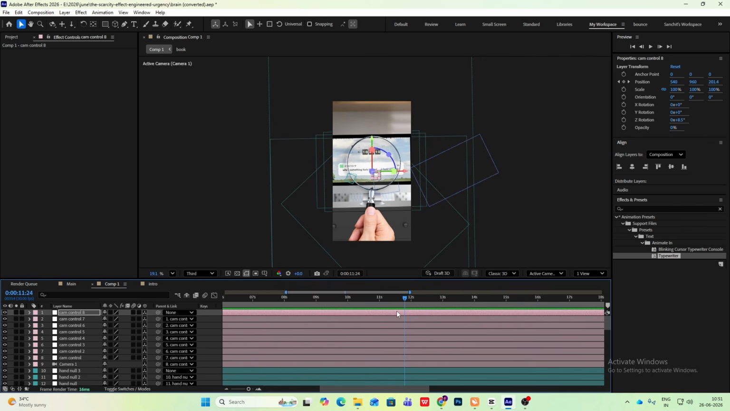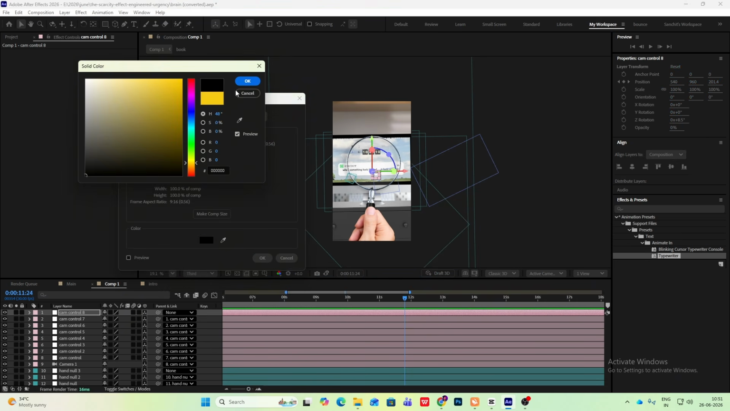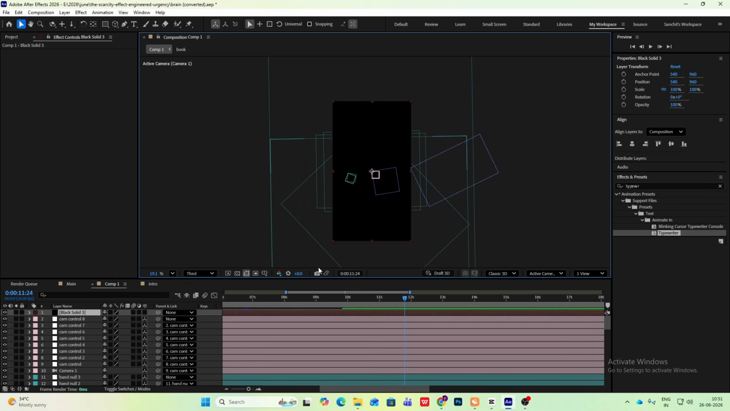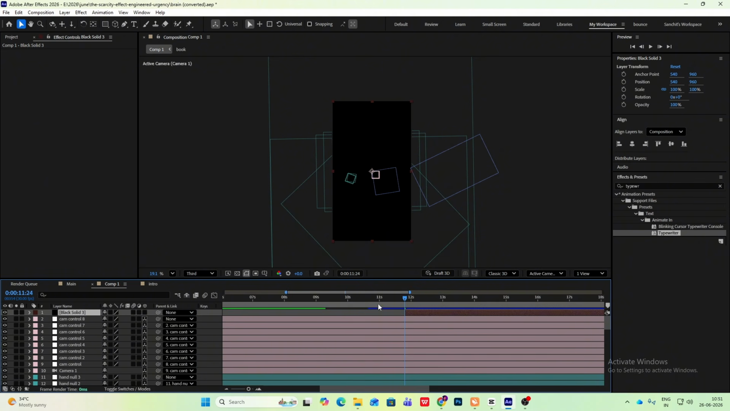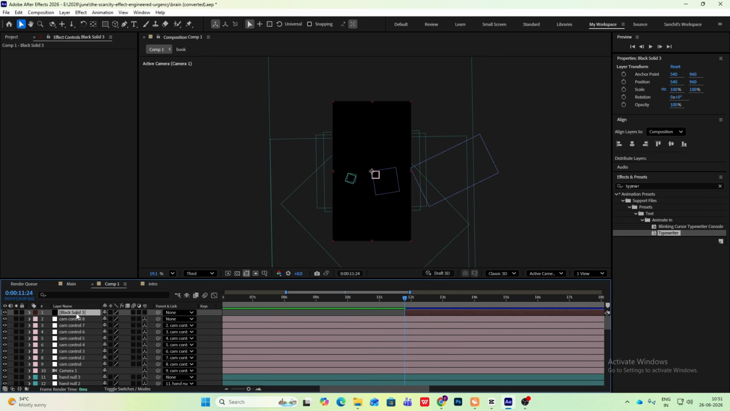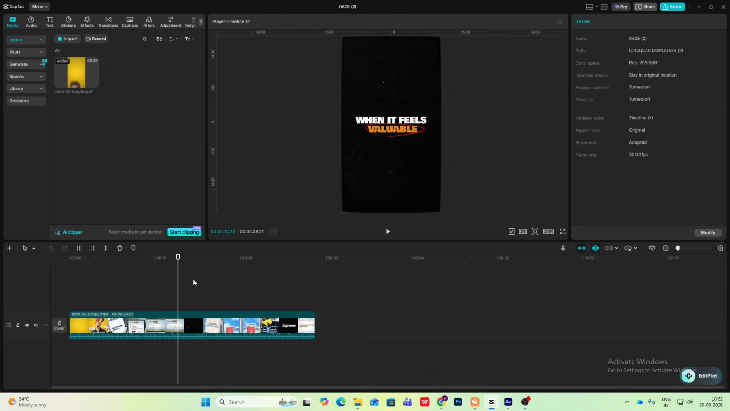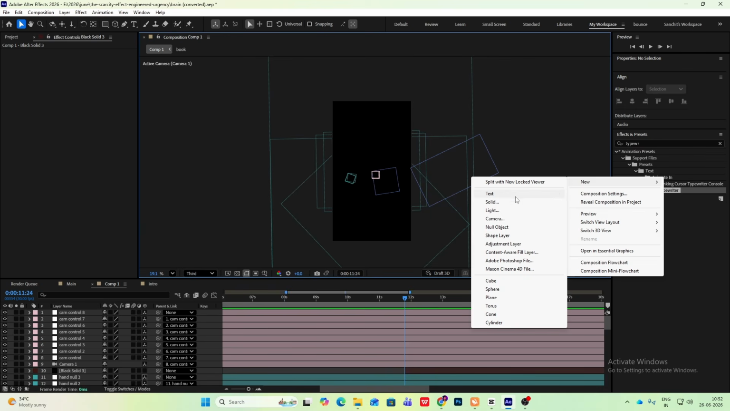So right click, new, solid, make this black, hit OK. Now hit Alt and left bracket. Let's keep this brown, the new scene or the fourth scene, and let's bring it here. Let's type the text: when it feels valuable. Right click, new text,